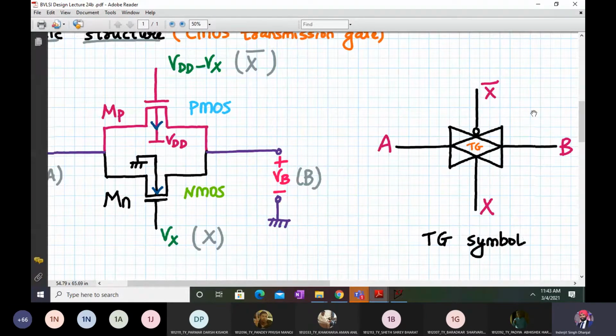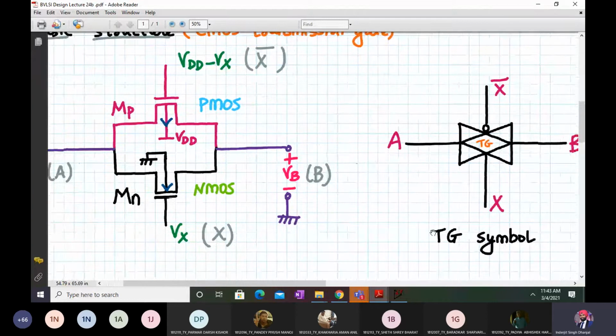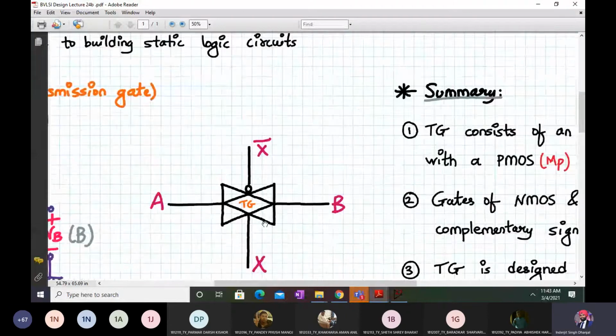Okay, from henceforth, whenever we do any design, we will use this symbol. But in reality, this is the picture. So when we do it in LTspice, you have to do it in this way. Two transistors, NMOS and PMOS, have to be connected in parallel like this. I hope that you all have drawn this. Now let's look into some properties of it.